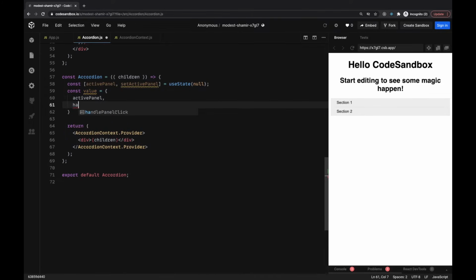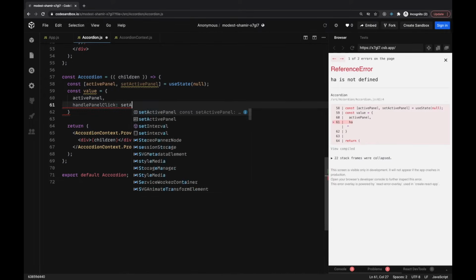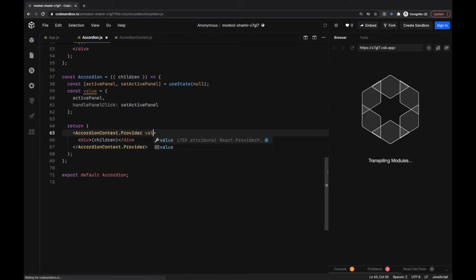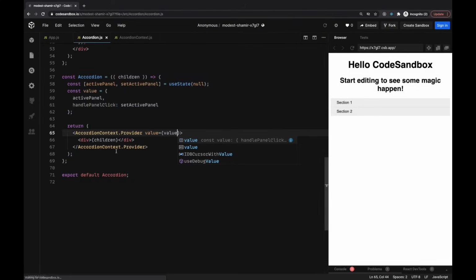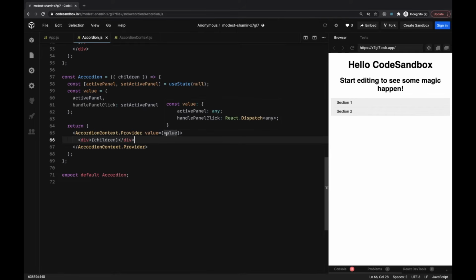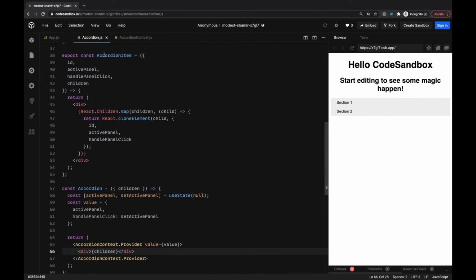Active panel and handle panel would be set active panel, and we'll provide value here. Now what happens here is that all the children inside this will have access to this value object, where the active panel and handle panel click are the keys. So we are going to use that in accordion item, but rather than using the accordion context